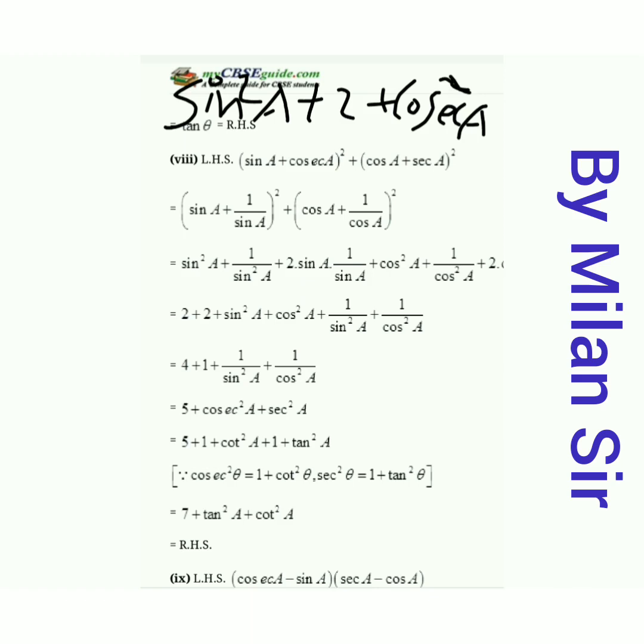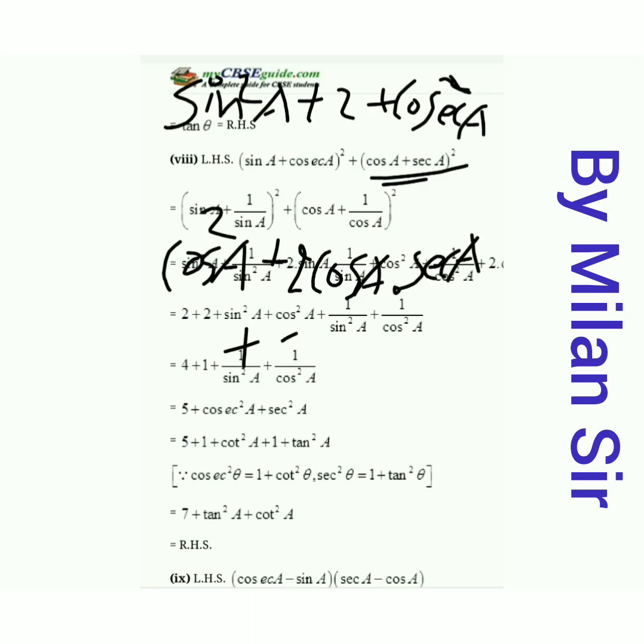Now simplify the second term, (cos A plus sec A) all square. Right now I am not going with the method which is given in this PDF. I am using a different method. (Cos A plus sec A) all square, again (A plus B) all square. So first term square, cos square A, plus 2 into first into second, so cos A into sec A, plus second term square, it's sec square A. Again we know that cos and sec are both inverses. So cos into sec is 1, and 2 ones are 2. So what is our final answer? It's cos square A plus 2 plus sec square A.